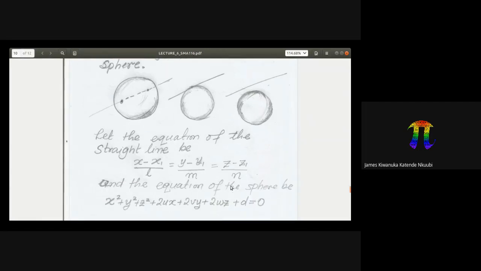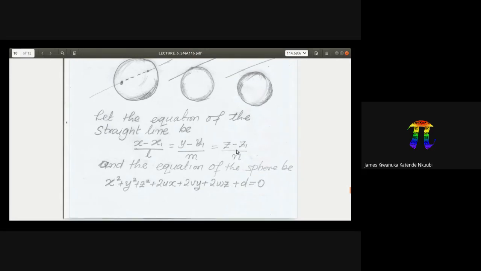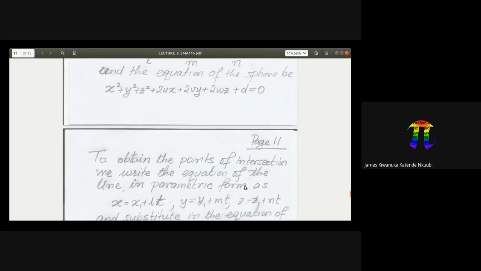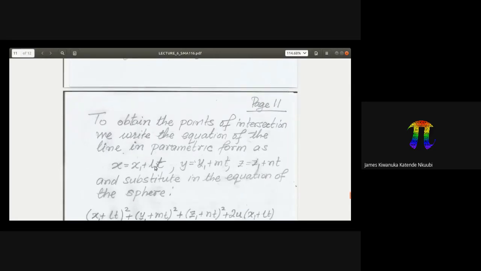So let the equation of a straight line be given by this. It's given in symmetric form. And then we have the equation of a sphere in this form. We need to find the points of intersection of these two. To find the points of intersection, we'll write the equation of the line in parametric form. For a point to be a point of intersection, it must satisfy the equation of the sphere. So we can just pick these coordinates and plug them into the